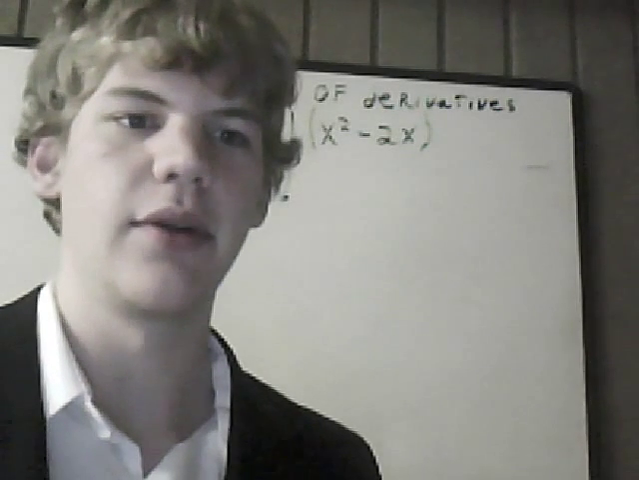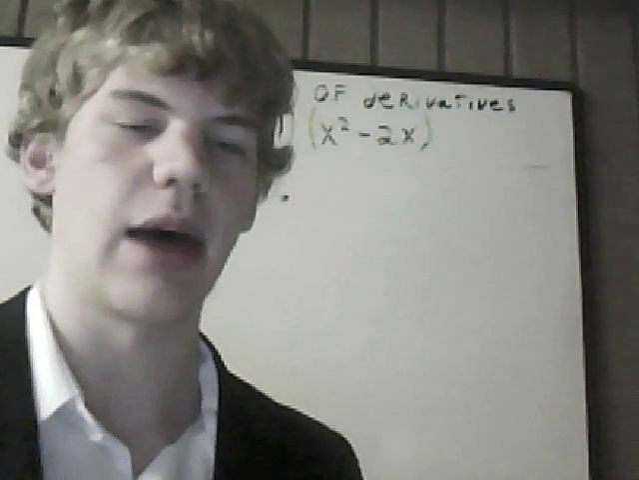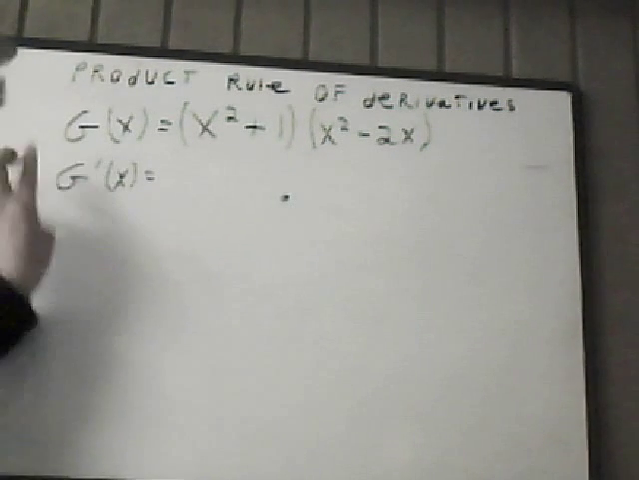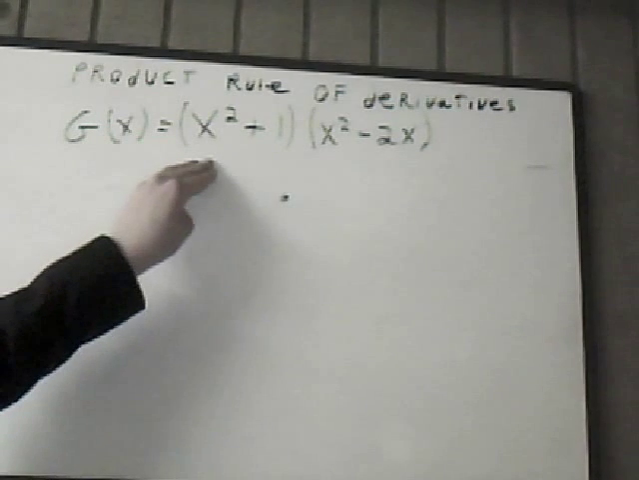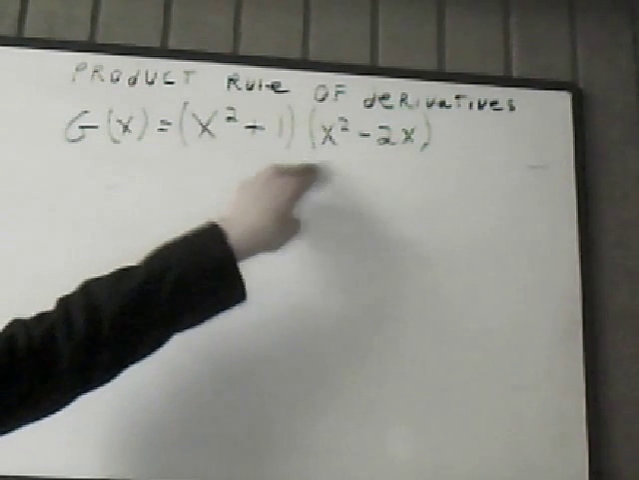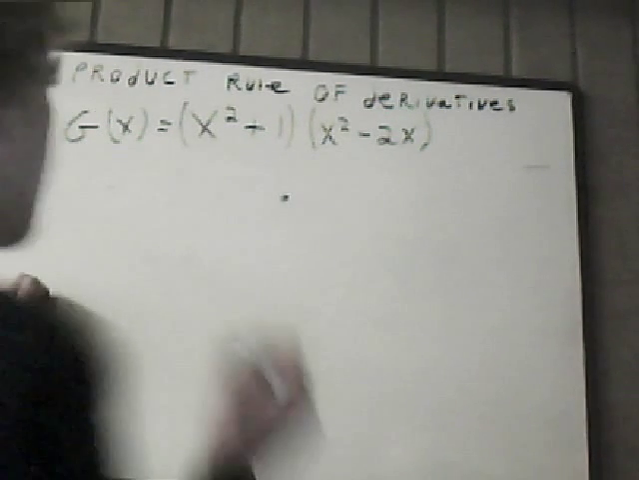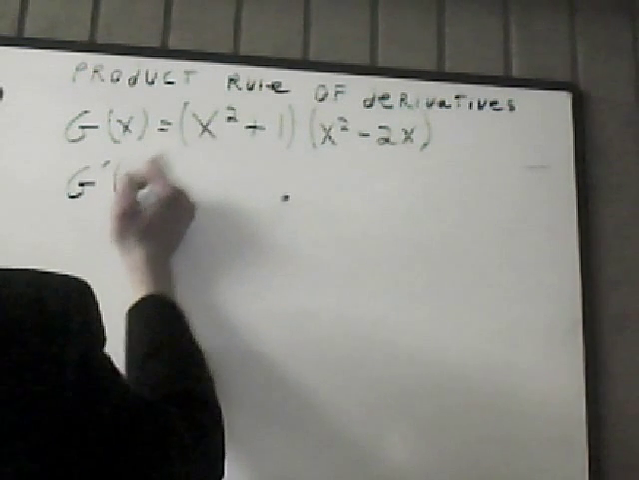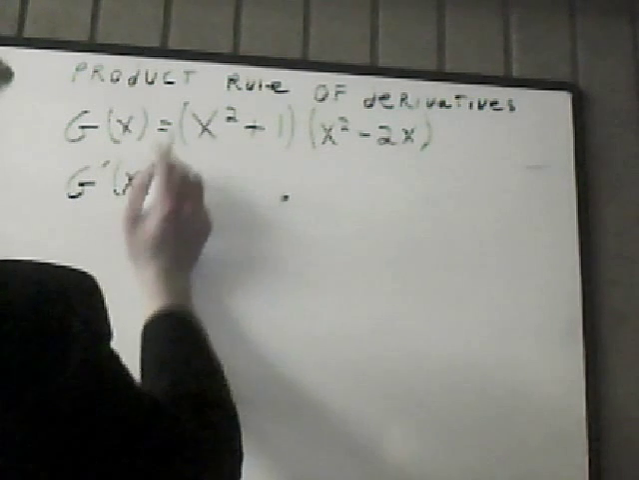All right, today I'm going to be doing some product rule of derivative problems. So I'm going to start out with a pretty simple function. What we have here is g of x equals x squared plus 1 times x squared minus 2x. So okay, we're just going to start out by g prime of x equals, and now we're going to apply